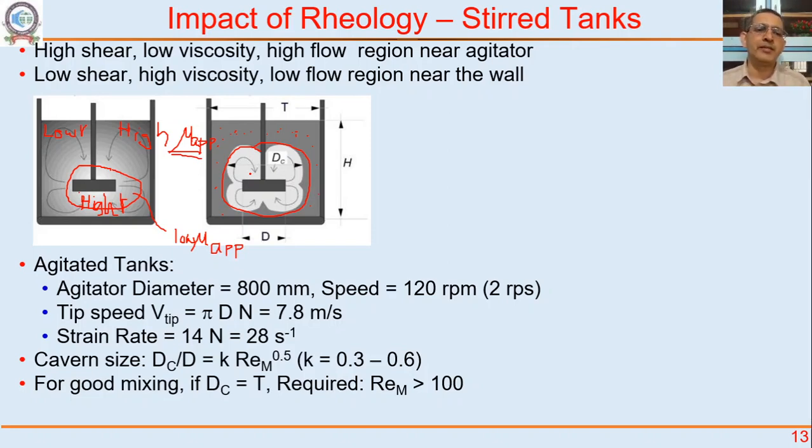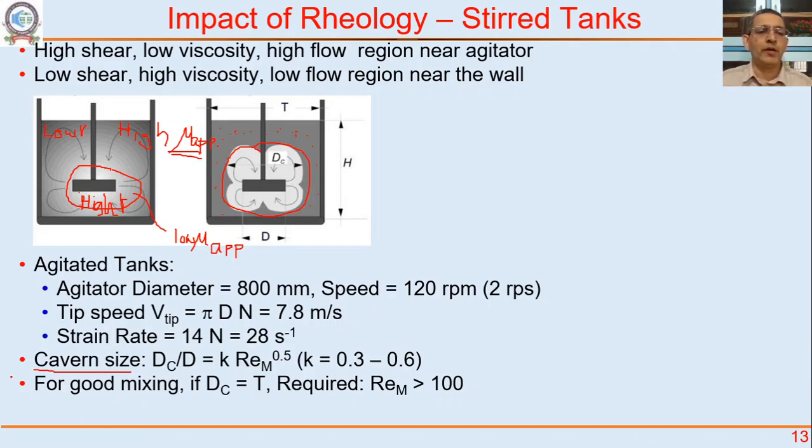What we call this is cavern formation. As if a cavern has formed, as if only the inside liquid is rotating, outside there is complete solidification, as if there is a complete solid, no mixing is happening. When you agitate food materials, chocolates and things like that, all these kinds of things happen. So you have to be very careful that you get a nice homogeneity when you mix high viscosity or non-Newtonian